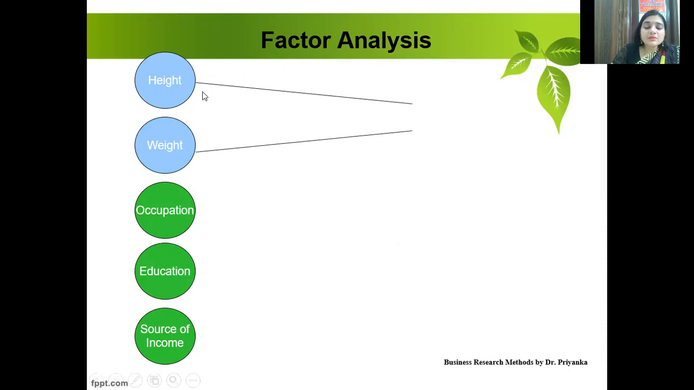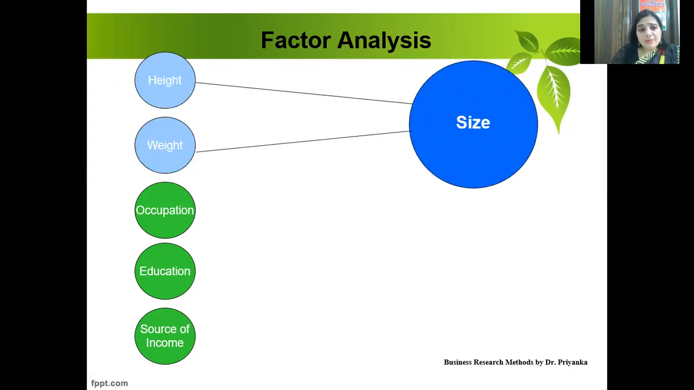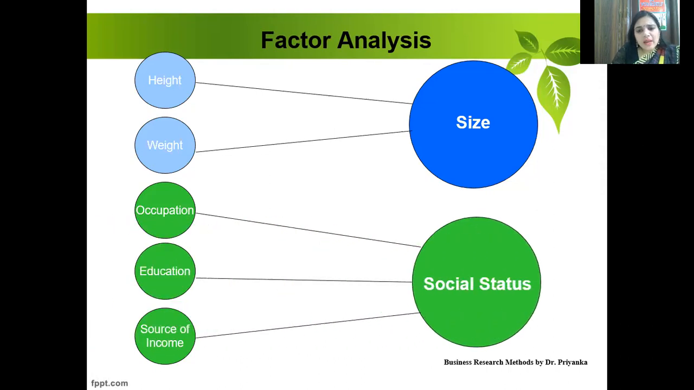We have got height, weight, occupation, education, and source of income, right? If you randomly talk about them, then height and weight look similar, and these are basically related to the size of a person, right? Occupation, education, and source of income sound similar, and these are part of your social status, right? Height and weight can also be part of social status, but still, if you want to divide these five into two sets of factors,